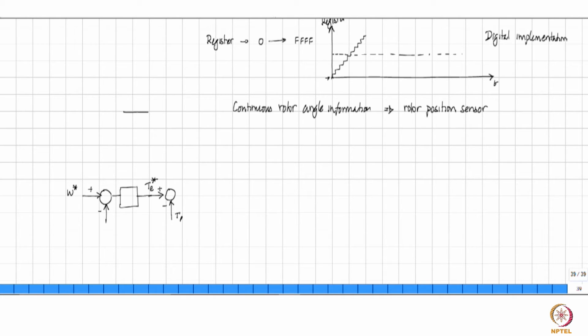This is the actual torque signal, and this is then acted upon by a controller which gives an output. This output is going to tell the inverter how much voltage to apply. This is therefore the same as in the case of the DC machine until this point, right? But however, here there has to be a difference because the motor is no longer DC and you need to generate a sinusoidal waveform, and therefore there is one block that sits here